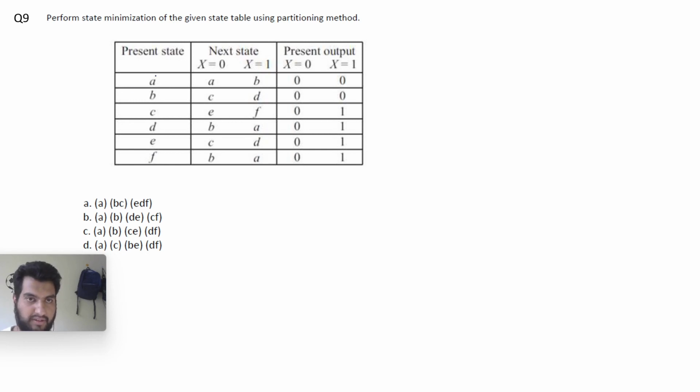So here the state table is given. Here the next state is given for the input combination 0 and 1, and here the present output is given for the input combination 0 and 1. So here I'll just construct a table,